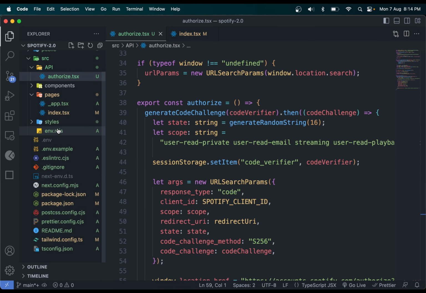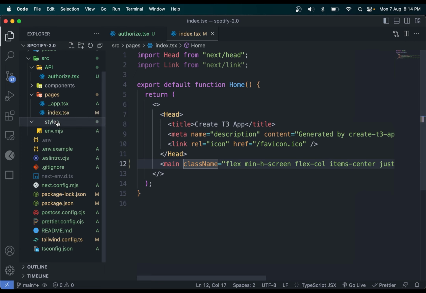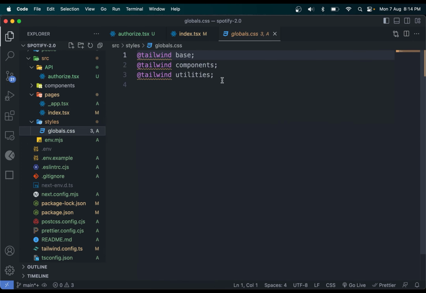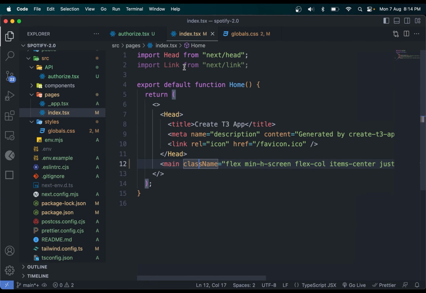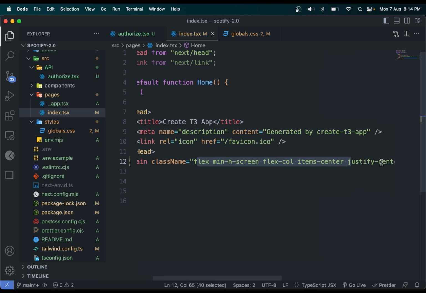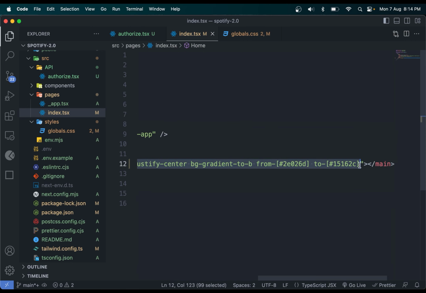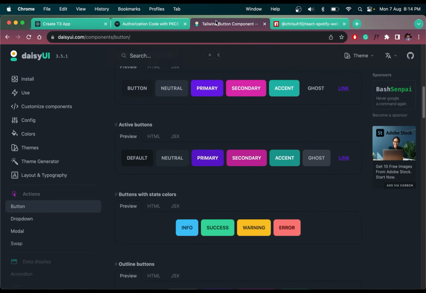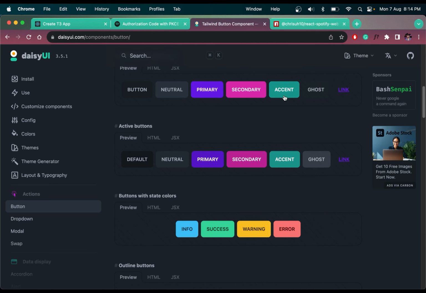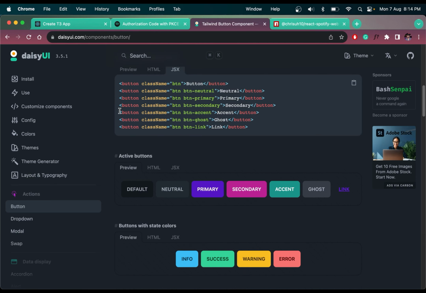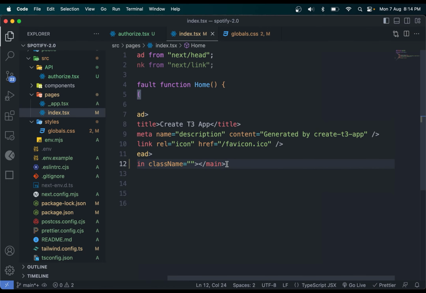And also let me come to styles, global.css. Let me remove utilities so that we have the screen. Now we will not have default styles like flex and so on. So we can remove this from here. We have to create our own flex boxes. So let me have the accent button. So let me copy the button, paste it in here,